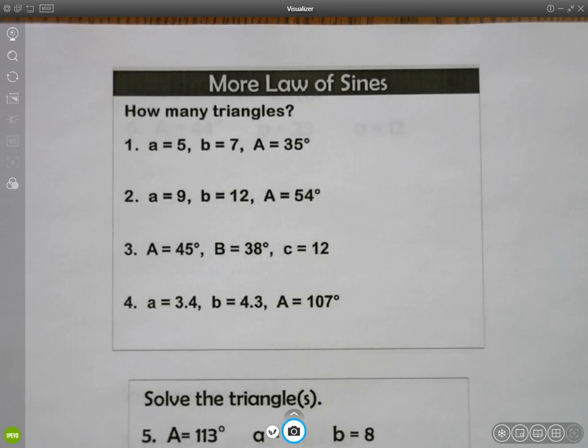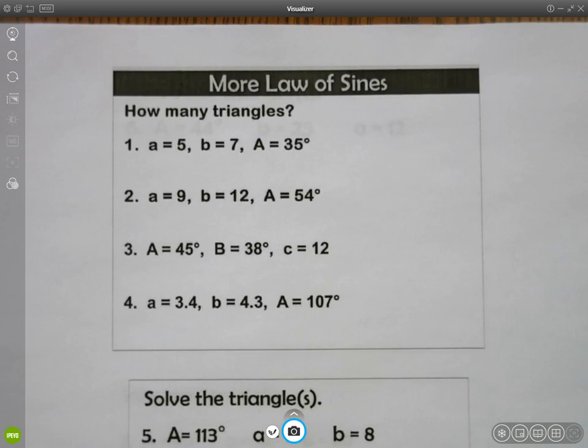Okay, so today we're going to finish up section 6.1. We'll do some more law of sines. We'll talk about the ambiguous case and how to solve triangles when there's two possibilities. Okay, so to start with, let's just review